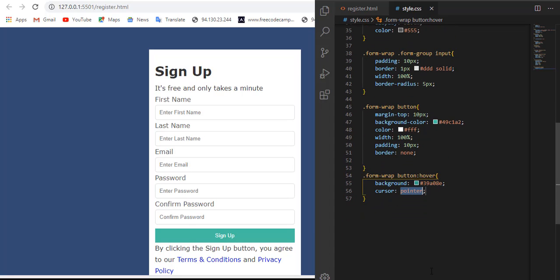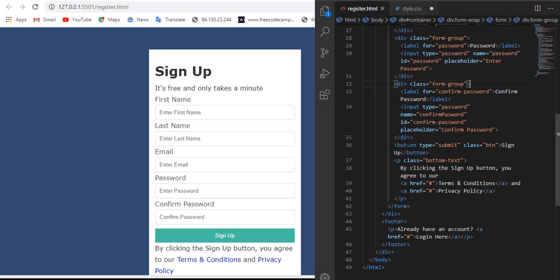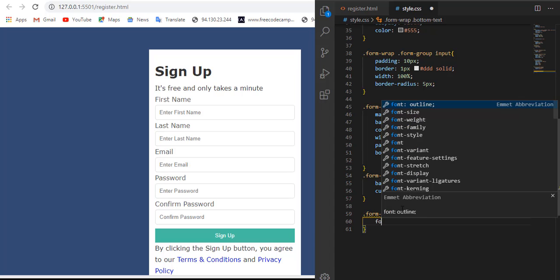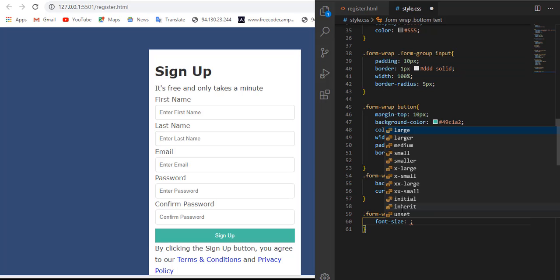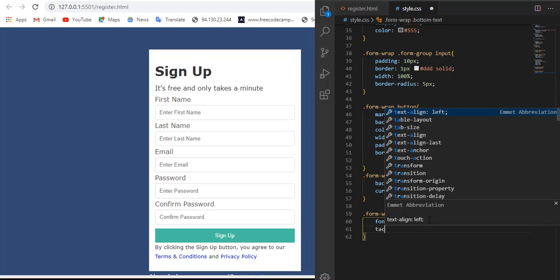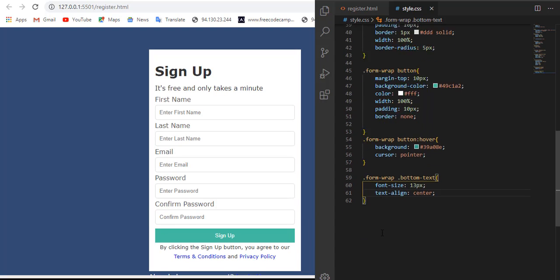So now let us check the class of this, the bottom text. It does not work on form wrap and the button text. So here let us reduce font size to 14 pixels and let us align text to center.